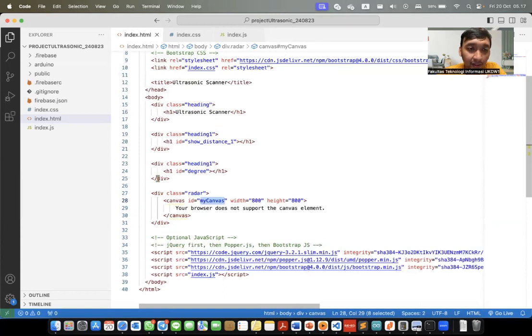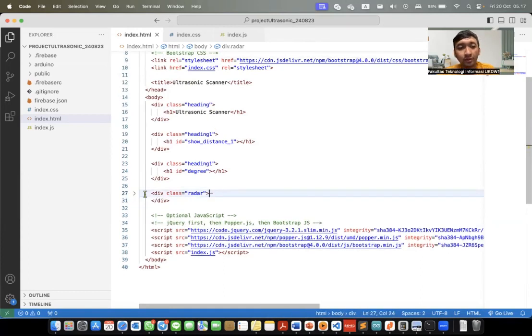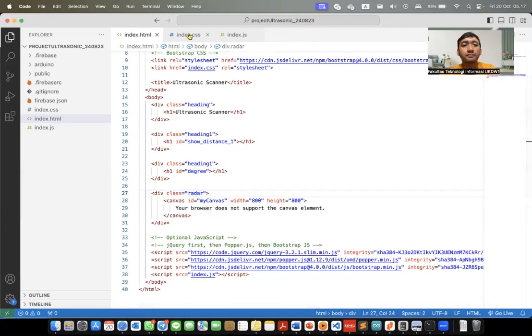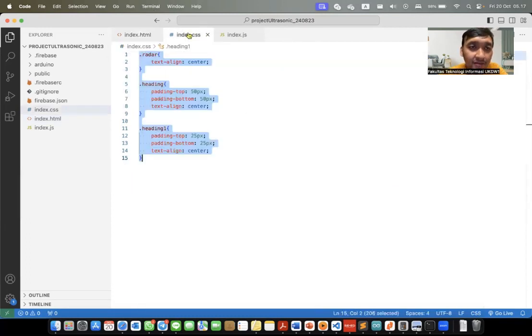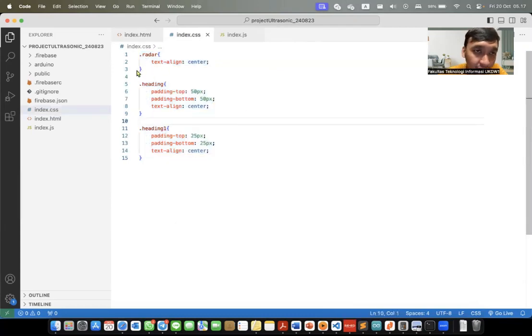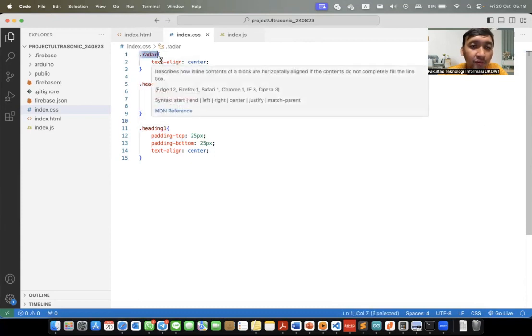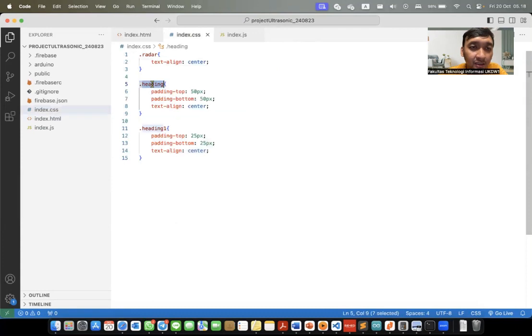For the HTML, we just make these four parts. And for the CSS, we only write three objects here. Radar is only for text alignment, heading is only for text alignment and padding top and padding bottom, and heading one is also for text alignment and padding top and padding bottom.